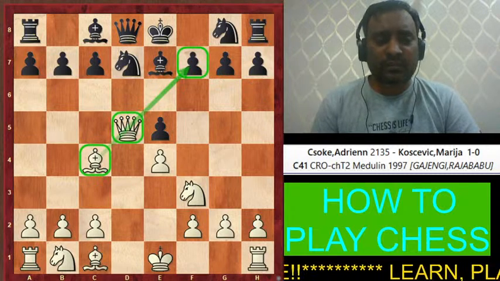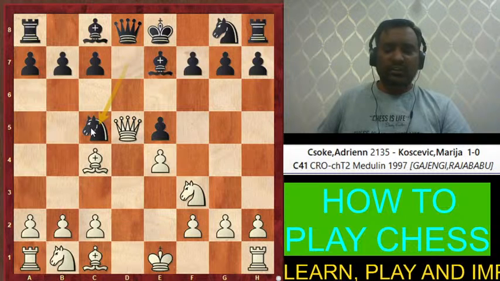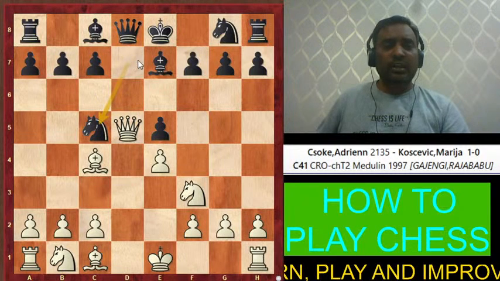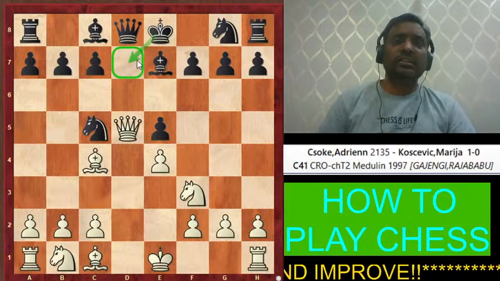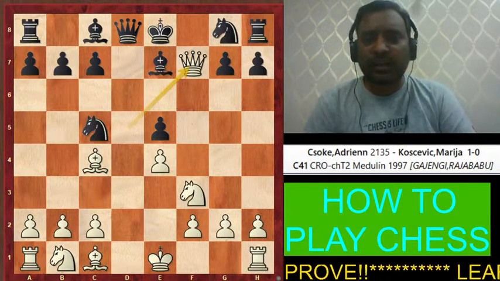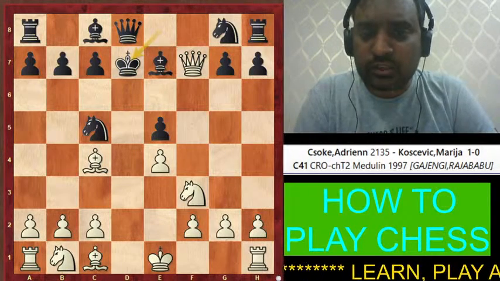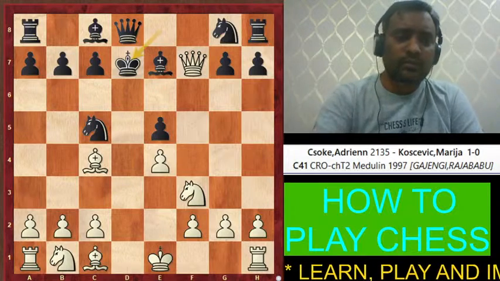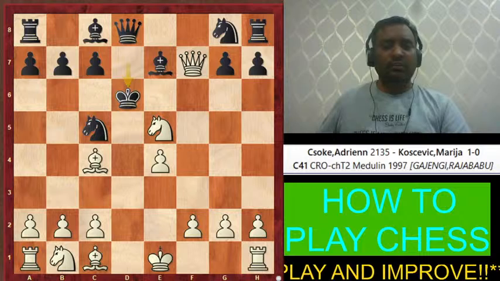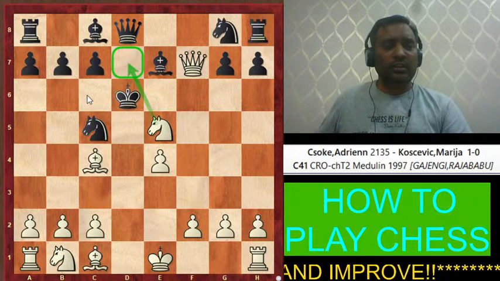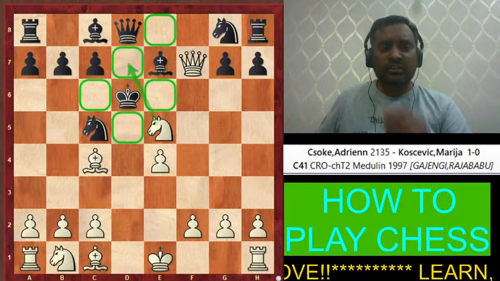Now suppose we try to find some other way, like he removes the knight and wants to escape with the king. Still there is a checkmate, guys, because queen will capture f7 check, king will come here. Now there is a checkmate in two moves. Knight into e5 check, and the king has only one option of coming here, because this knight is controlling these two squares and the queen is controlling these squares. So now there is a checkmate in one move.